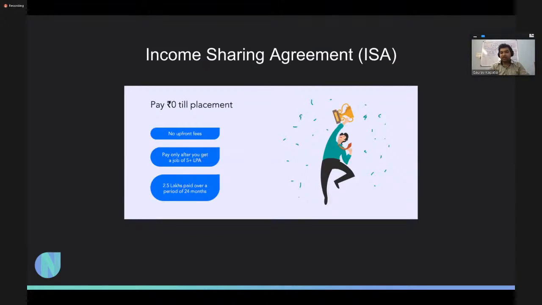All the income sharing agreement courses are free till you get a job. So there is no upfront fee, zero upfront fee. If someone tells you that Newton School takes a fee, we don't take any upfront fee till you get a job. Once you get a job, if let's say we had an agreement of 5 plus LPA, that you will get 5 plus LPA,